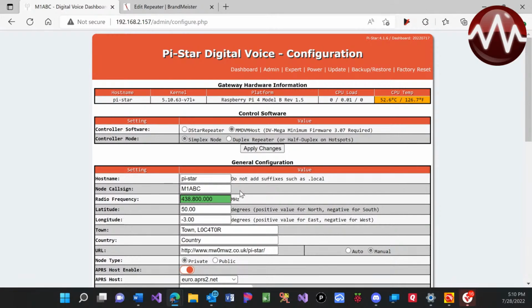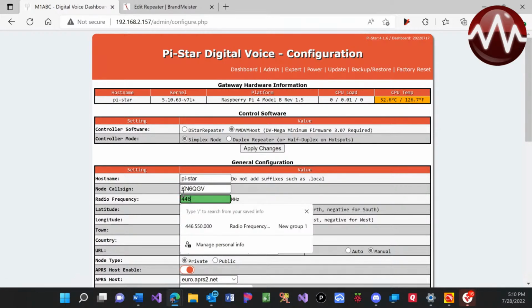Okay, to start here, we're actually going to start by making sure we're on MMDVM host and simplex node. So we're just doing a basic configuration here, nothing fancy today. We're going to come here and put in our call sign. We're going to put in the frequency that we want to use. So in this case, it's going to be